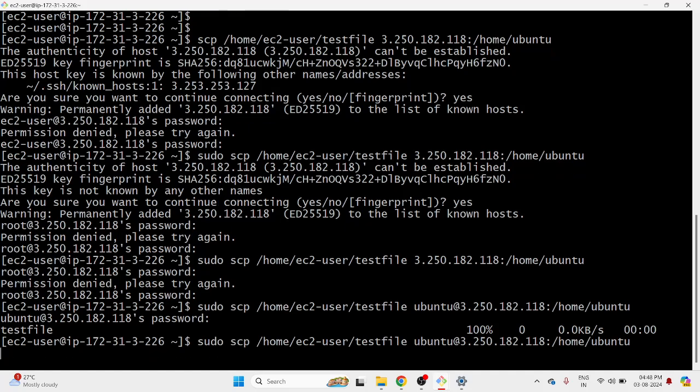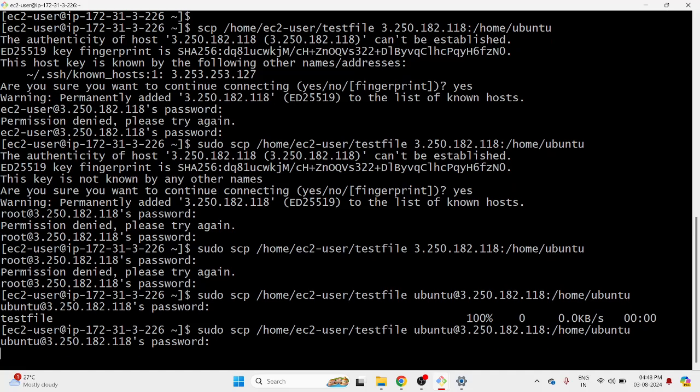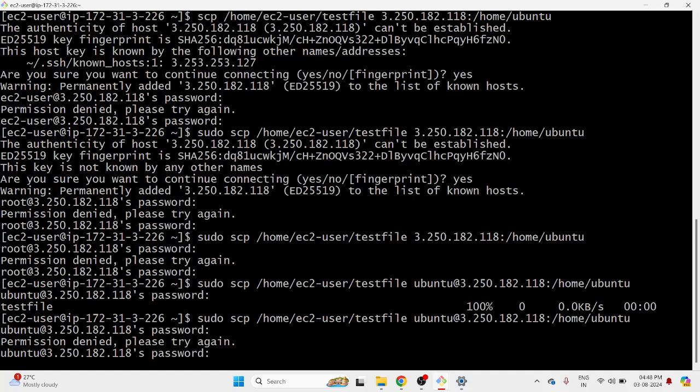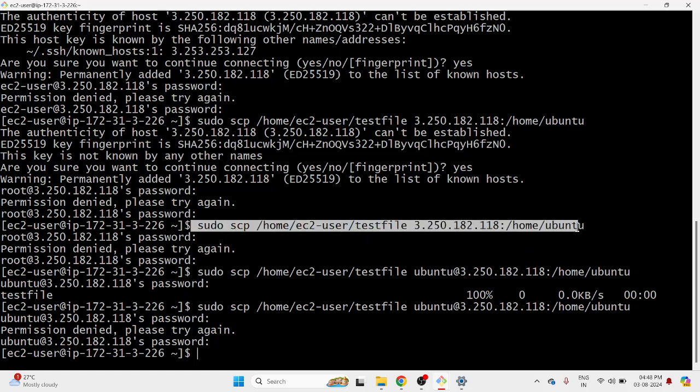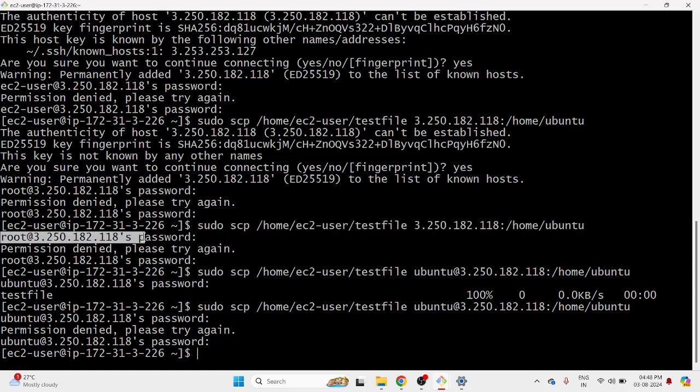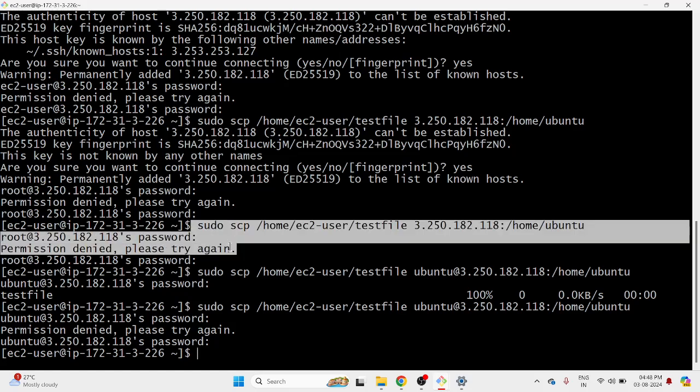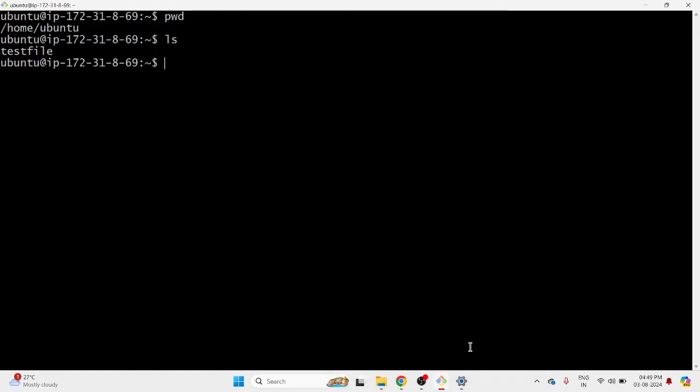Let me try again. I gave the wrong password. See, permission denied. This way. But if you observe here, I didn't mention any user, but it took root, because when you don't mention any user, it will take root by default. And even though I gave the password for root, it's throwing permission denied because root is not allowed by default to be used remotely. If you remember, yesterday I told you there is an option here